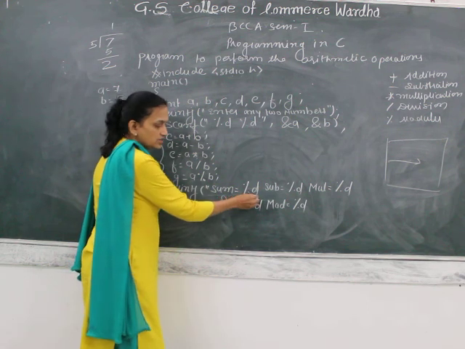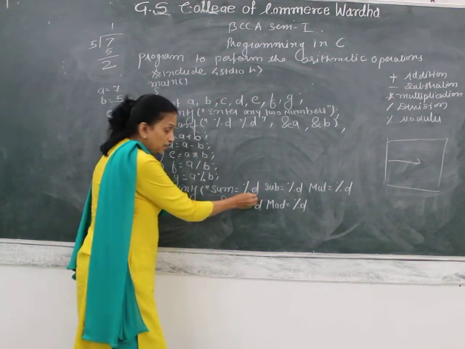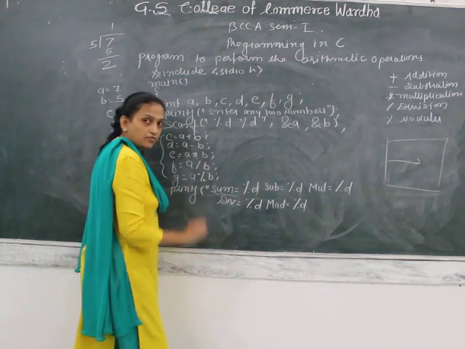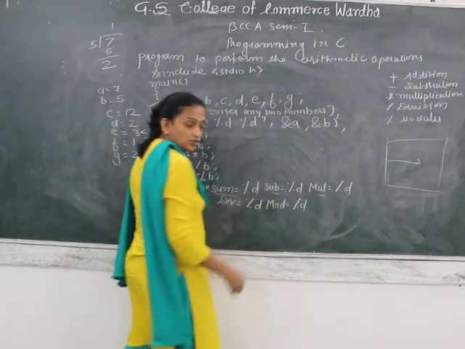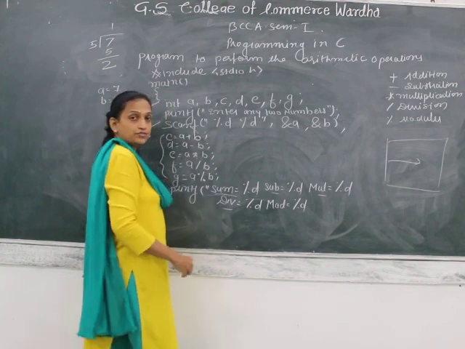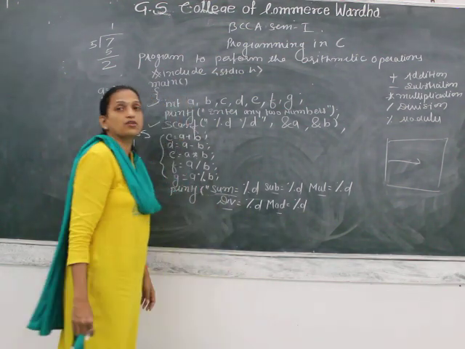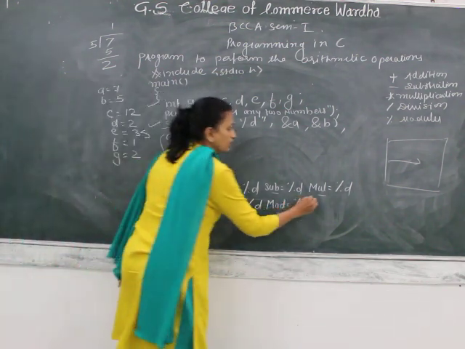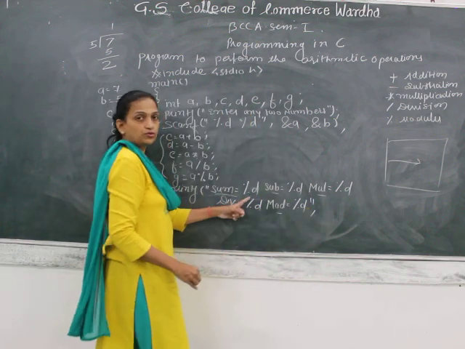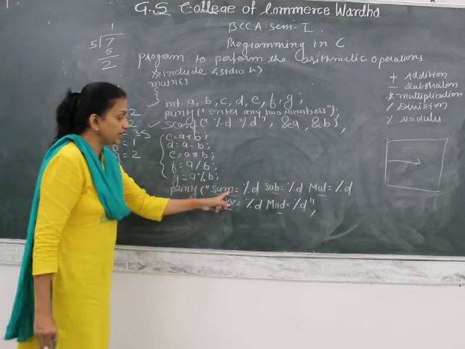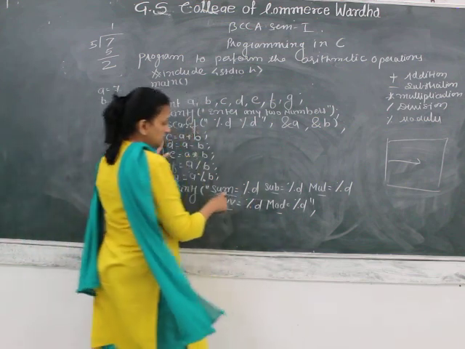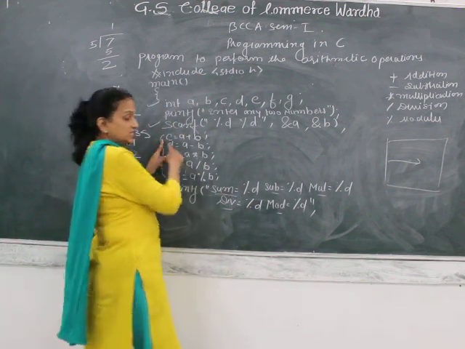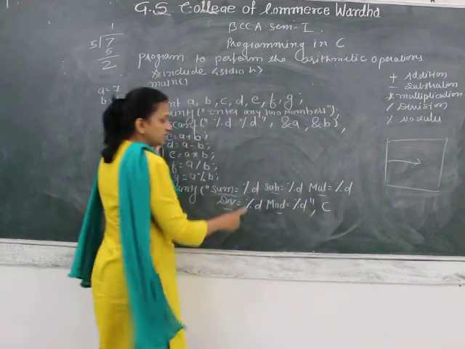Here this value is the sum of 2 variables. This is the subtraction of 2 variables. This is the multiplication of 2 variables. This is the division of 2 variables. And this is the mod value of 2 variables. Okay, now the quotation is complete. The first value you want to print is the value of C, meaning the sum. Sum is stored in C, so here you write C.